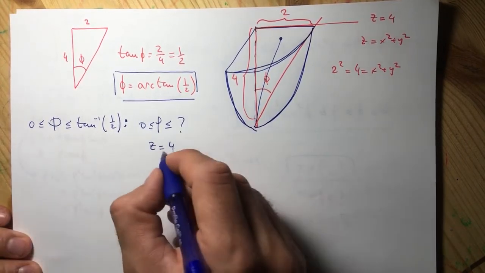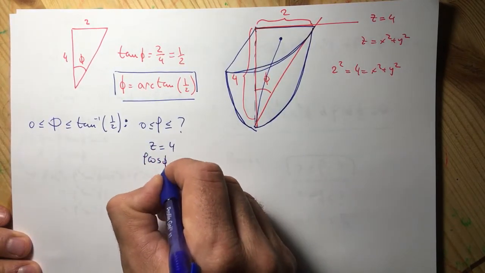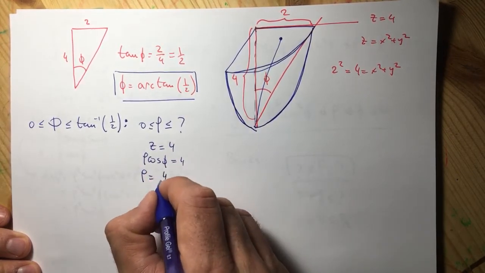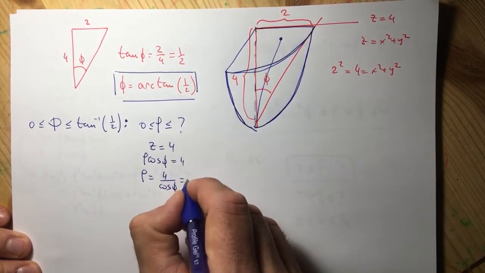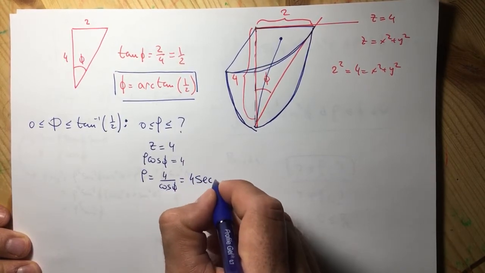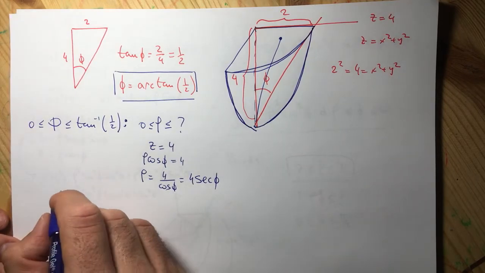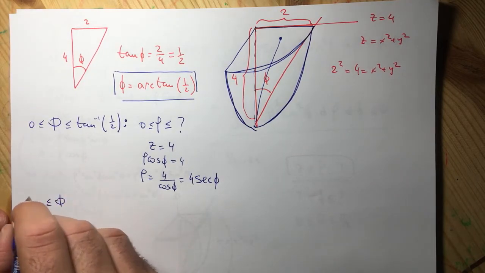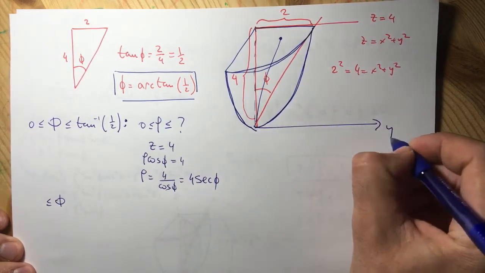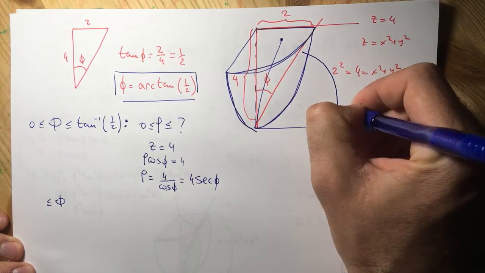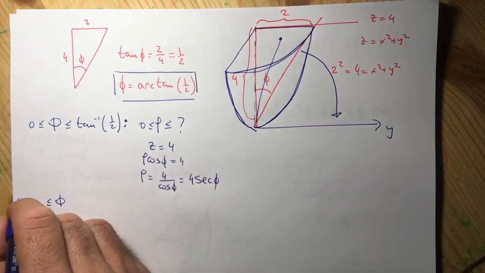Z in spherical coordinates is rho cosine phi is equal to 4, or rho is equal to 4 over cosine of phi, which is 4 times secant phi. On the other hand, when phi is between arctangent of 1/2 and pi over 2,